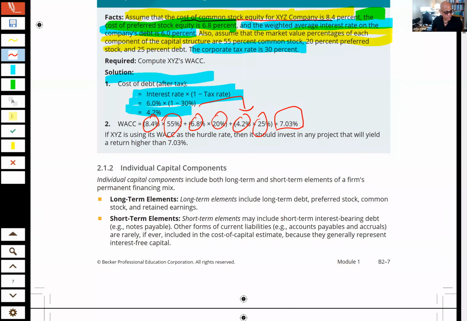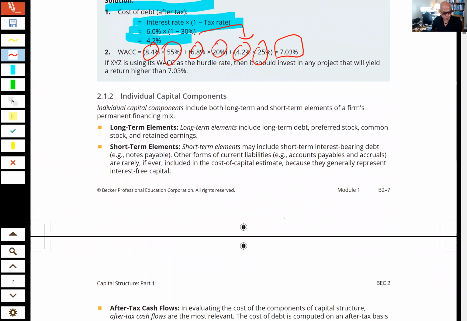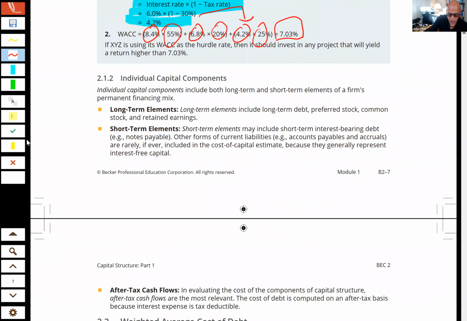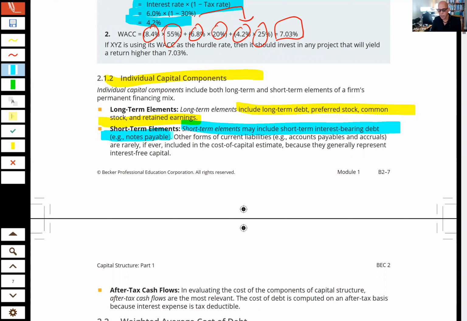Question. Okay. All right, good. So what we're going to do now is understand the individual components that we've talked about, okay? And we're going to talk about long-term here versus short-term. And so long-term items are the items that we've talked about. The notion is that if you're going to be borrowing money and whatnot, you're probably looking at a longer-term project, so you would consider these longer-term elements. Now, there are shorter-term ways of financing things, okay? And so you can see that there could be